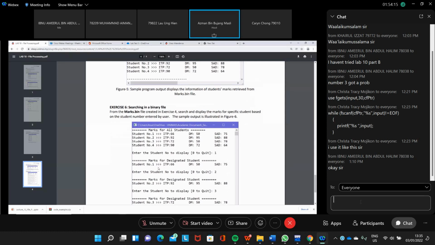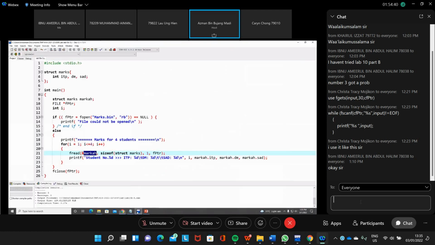So you just check the student number. If it is number 1, you print the first one. If it is number 2, you print the second one.